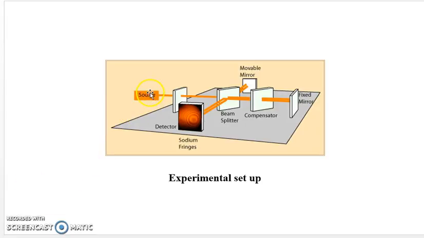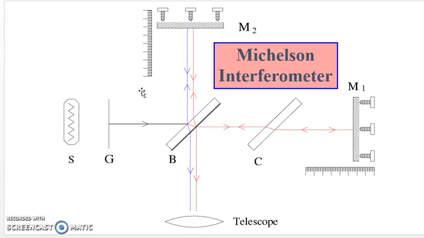And this is the source, converging lens, beam splitter, compensating glass, fixed mirror, and movable mirror, and the two beams will reach this detector and produce an interference pattern. And here we need a monochromatic source. And this is the ray diagram of the Michelson interferometer. This is a light source,